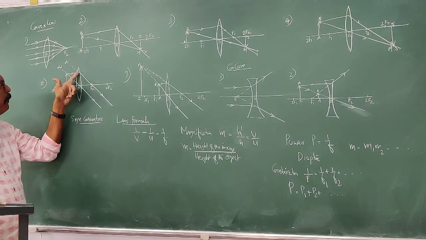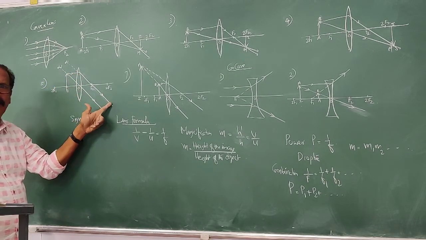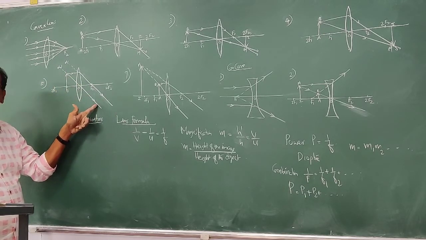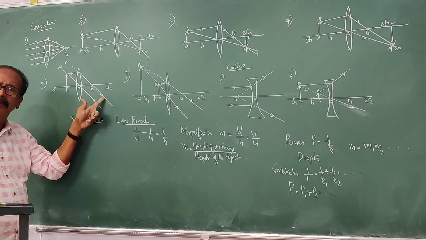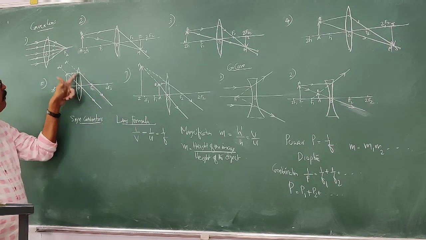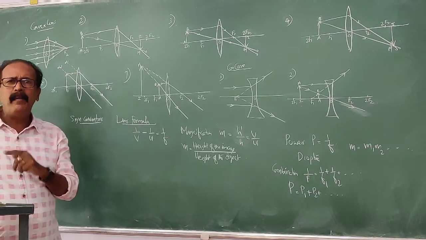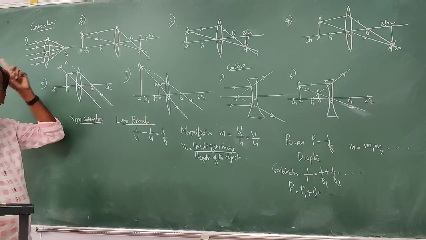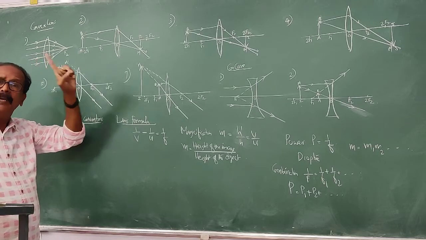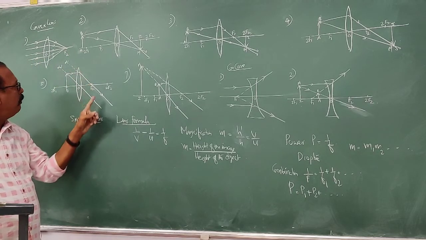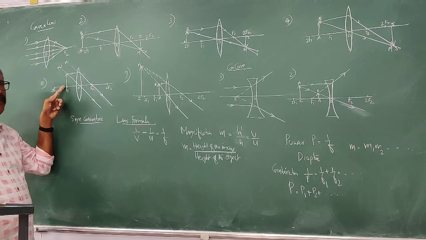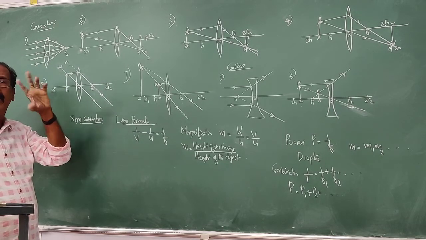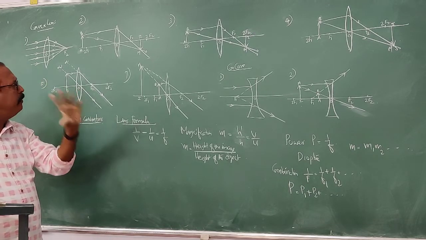One of the rays parallel to the principal axis, after refraction, passes through the focus. A ray passing through the optic center passes straight. This will not meet, which means that a real image cannot be formed. Parallel rays: produce them backward. It is a concept that parallel rays meet at infinity. So there is a chance of these two rays meeting at infinity. So an image will be formed at infinity. So where is the image? Object at the focus, image is formed at infinity. It is a highly enlarged image, real and inverted.